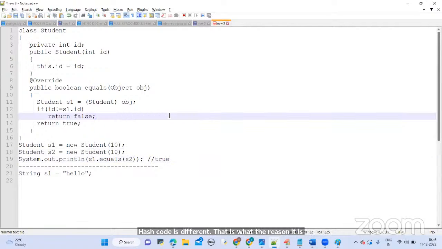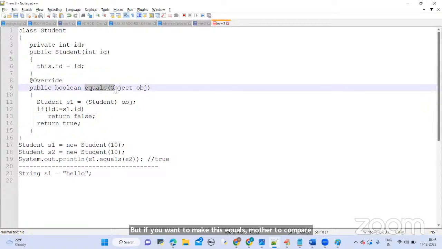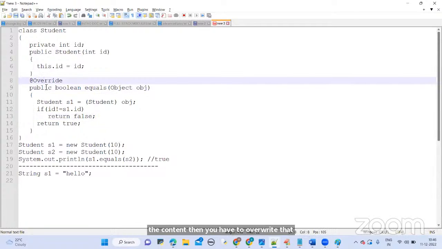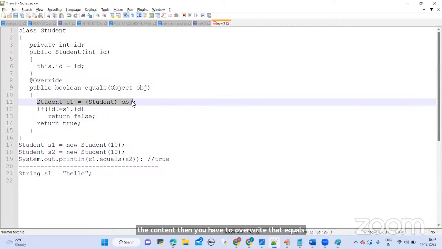But if you want to make this equals method compare the content, then you have to override that equals method in our program like this. Public boolean equals(Object obj), Student s1 = (Student) obj, you can take it. If id not equals to s1.id, you can return false. Otherwise, it will return what? True. If you write like this,